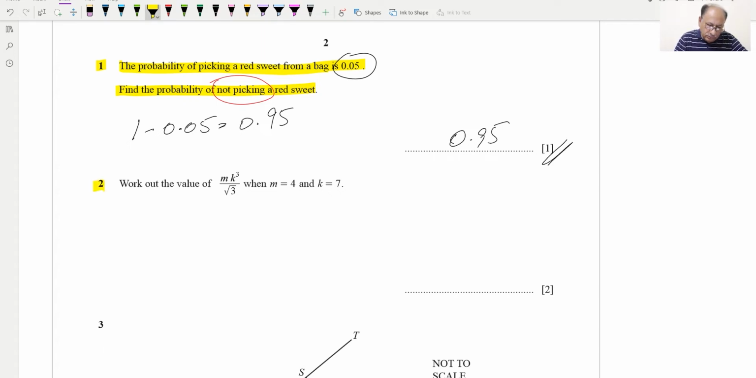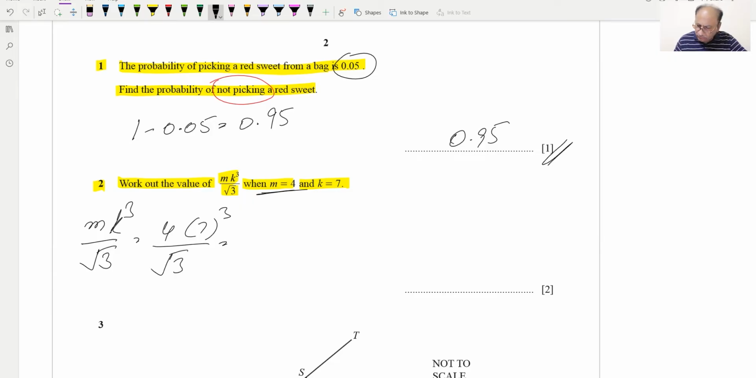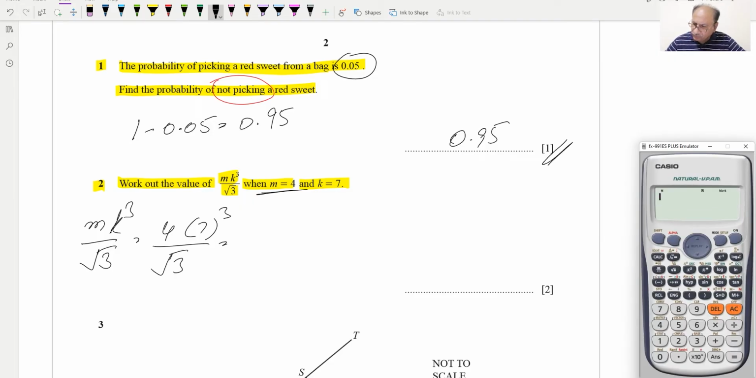Question number 2 says work out the value of this expression when m is equal to 4, k is equal to 7. So it's a substitution question, substitution of values. So m k cubed over square root of 3, and the value of m is given, which is 4. So we'll replace 4, and the value of k is 7. So 7 cubed divided by square root of 3, and we can calculate this with the help of a calculator. This will be fraction 4 and then bracket 7. This will be cubed, and over this will be square root of 3, and this will result in